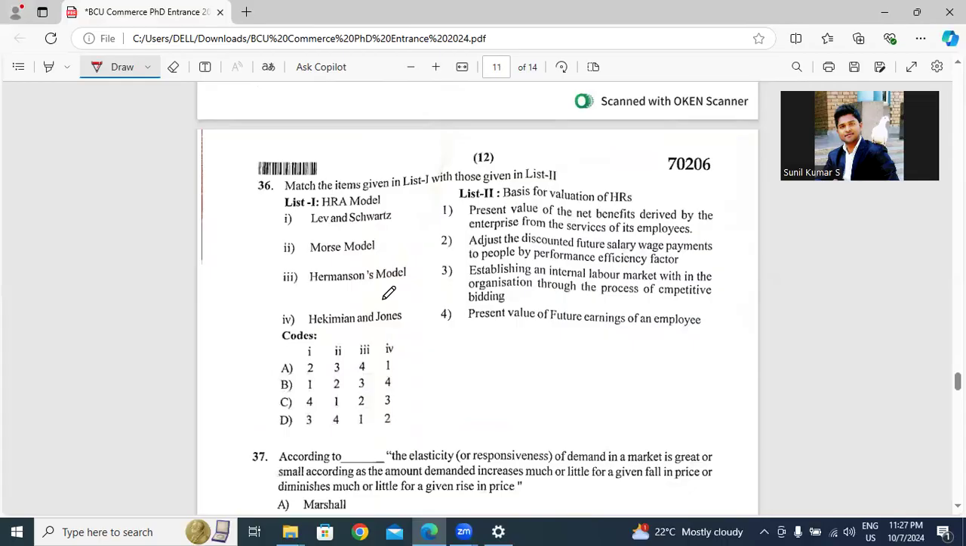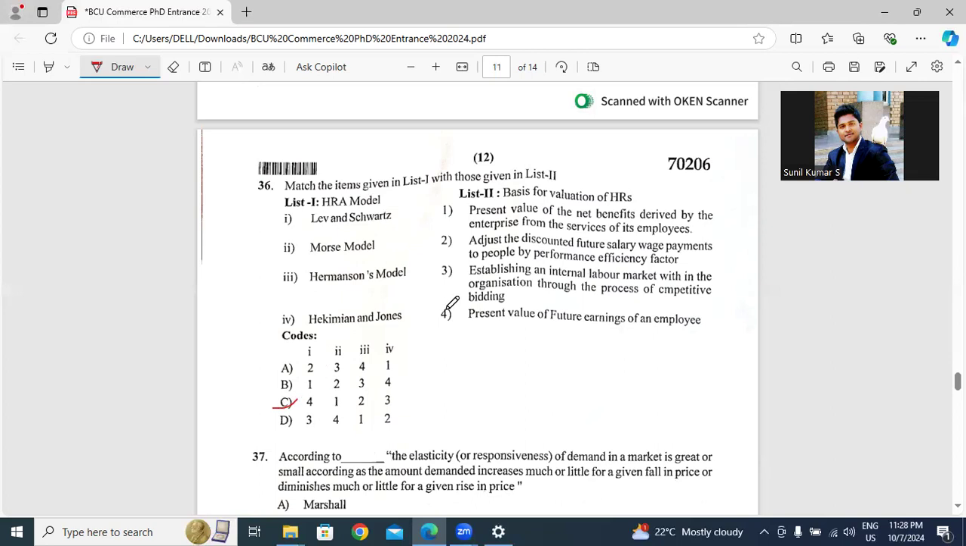Match the items given in list 1 with those given in list 2. Levin, the Shawar, Moore's model, Armstrong's model, and Ackerman's and Johns. So these are the names of authors. And here it's all about their statements, actually what they have said. So the answer is C. C is the answer because